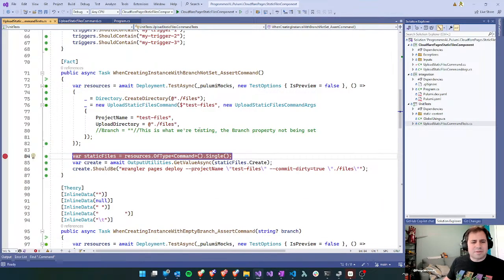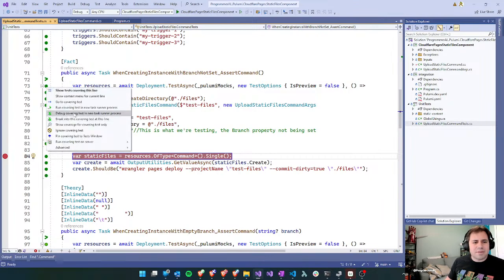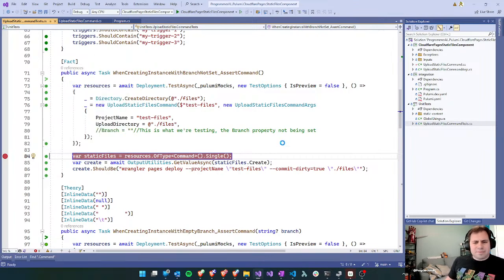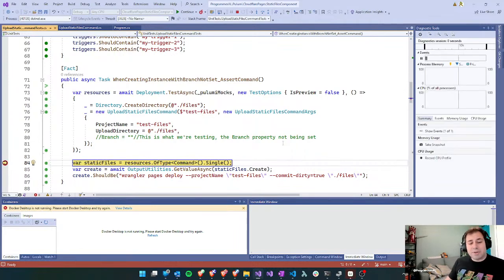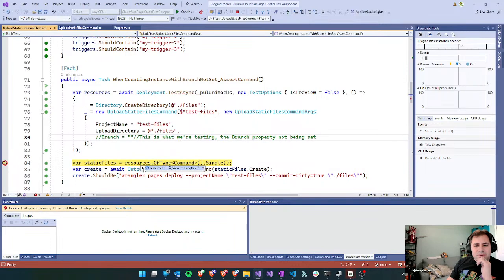Well, here let's debug into it. As far as the unit test goes, yes, we want the underlying command, but we never actually had a unit test for the parent custom resource. So,